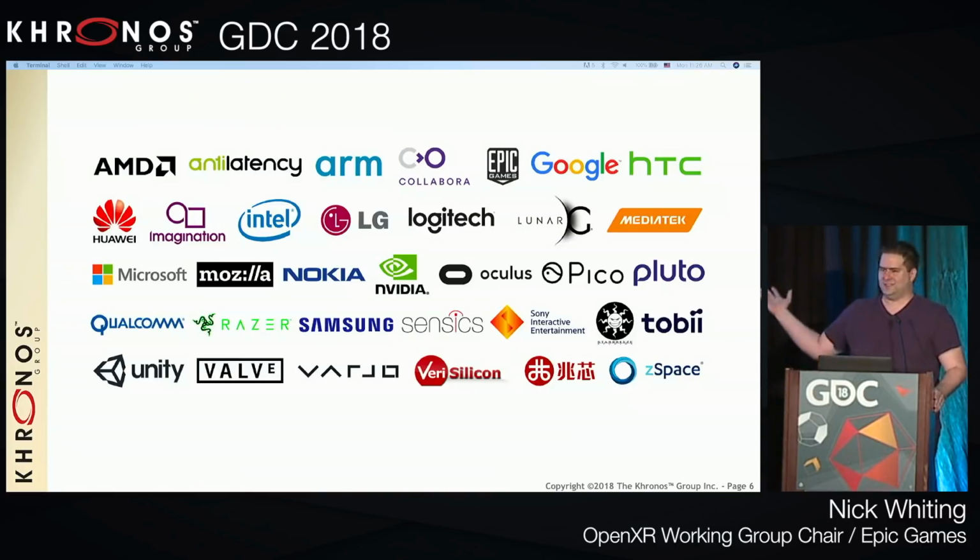And as you can see from the images up there, that's not even all of the people that are involved in the spec. These are the people that were willing to put their logos up at this early stage. But you can see that OpenXR has kind of successfully got dogs and cats to live together in harmony. A little bit. Epic is up there with Unity, and Oculus with Valve, and it's actually been really great and